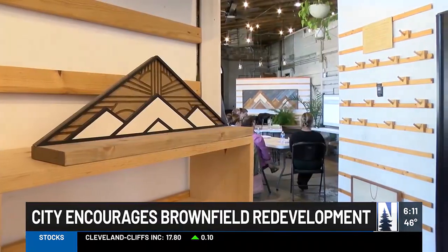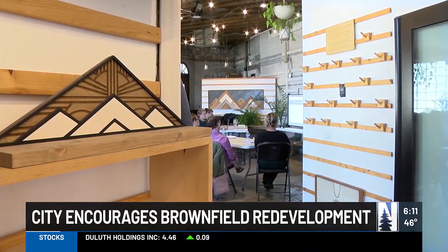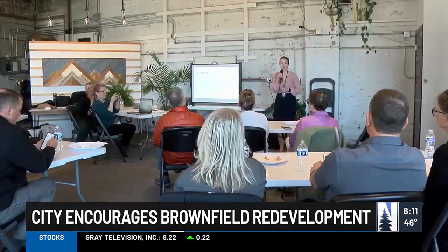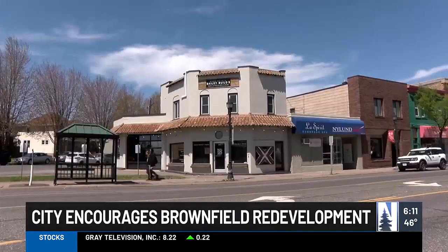Although the contamination requires extra steps to clean up, Steer says they're worth taking. That these are sites that seem like opportunities. You know, they can be a blighted area, which maybe has a lower cost of purchase. That can be really a benefit to going through this whole system to figure out if they are contaminated or not. One of the city's success stories,